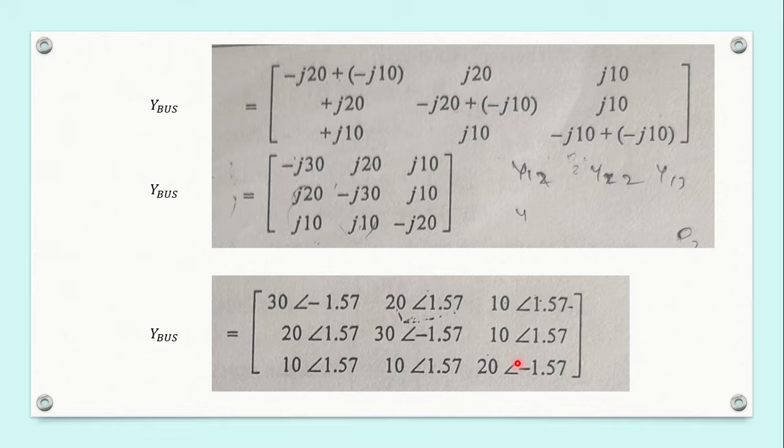So after getting the Y bus, we can write the B dash and B double dash matrices, the susceptance matrices. Okay. So we know what B dash matrix is. The B dash matrix is the matrix obtained by taking the imaginary part of Y bus for all buses except